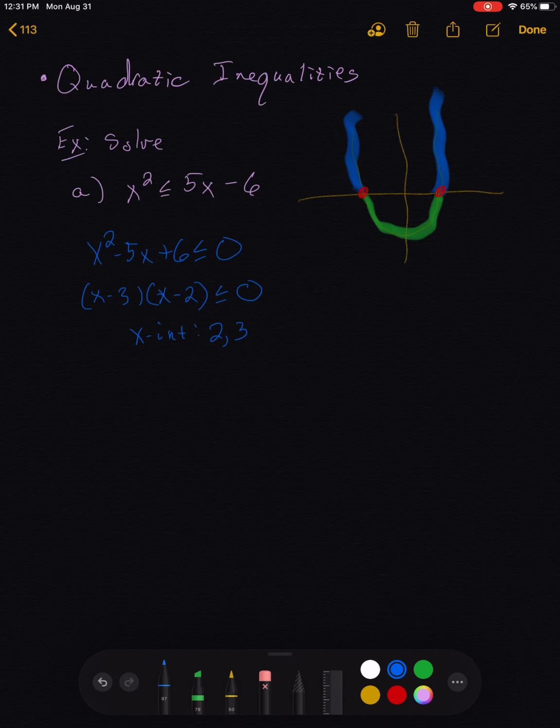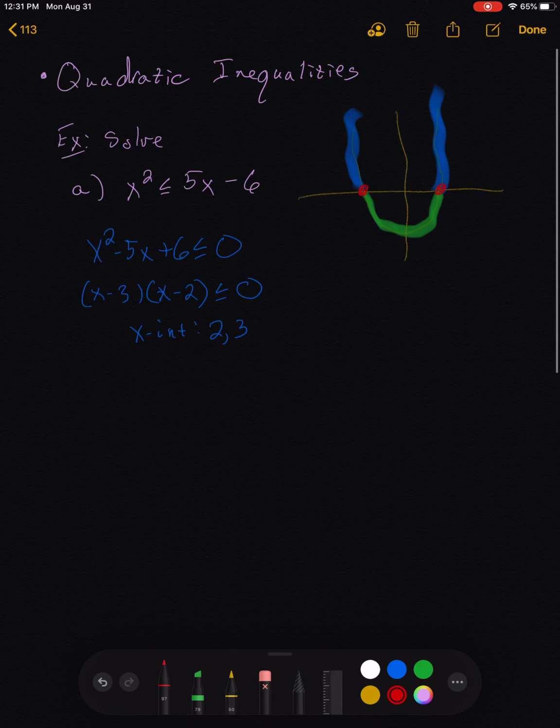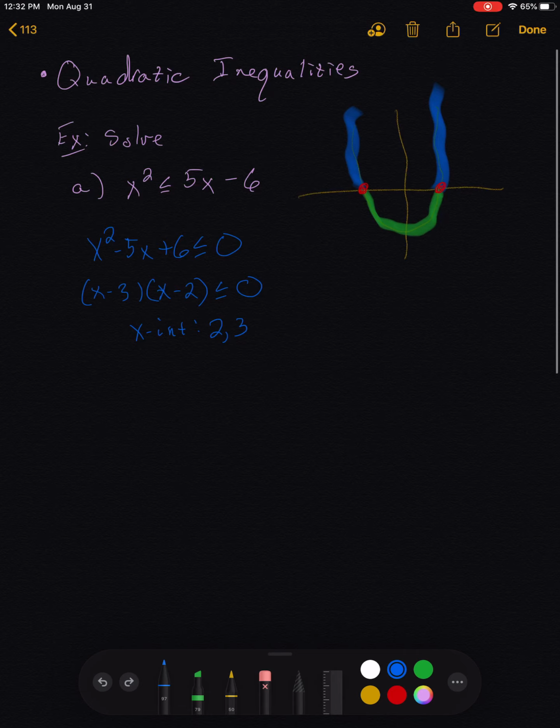So again, I mentioned what I'd sketched out here on the upper right didn't necessarily pertain to this particular example, and we see now that's certainly not this parabola. Okay, but what we're going to do with this then is we're going to make a little table where we write out intervals using these intercepts, 2 and 3, as endpoints. So the first row in my table, I'm going to call the interval row. And I always want to start out at negative infinity and then go to the first x-intercept,